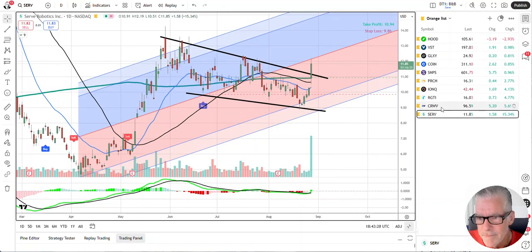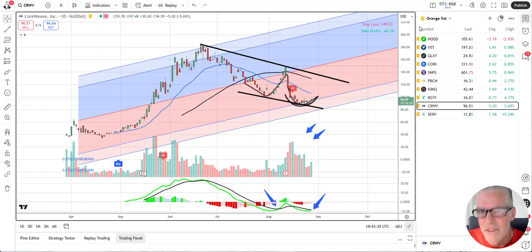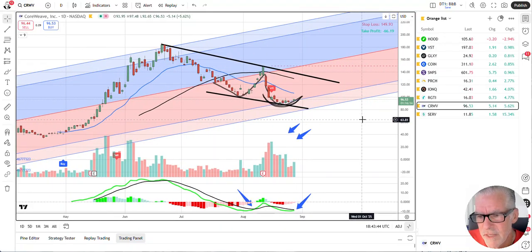All right, let's take a look at CoreWeave. I'm going to show you something really interesting here. So back in early August, it ran from, I'm just going to round off numbers here, like 105 to 150. Okay, so 105 to 150, a 45-point move in the price of the underlying. Now, if we go to